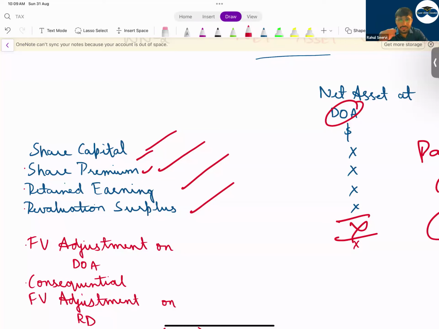Whenever you prepare a balance sheet, if a consolidation question comes regarding the balance sheet, please calculate the post acquisition profits. For sure, an adjustment will be there, 100% adjustment will be there. Without this, the examiner cannot give the question for 14 marks. For sure, for 2 to 3 marks, this adjustment will be there. Just take the retained earnings on the date of acquisition, the share capital, share premium, and revaluation surplus to calculate the post acquisition profit. And understand, for this attempt and coming attempts, the chances of a balance sheet question are very low. P&L and cash flow chances are very high because the format has been changed for P&L and also for cash flow.